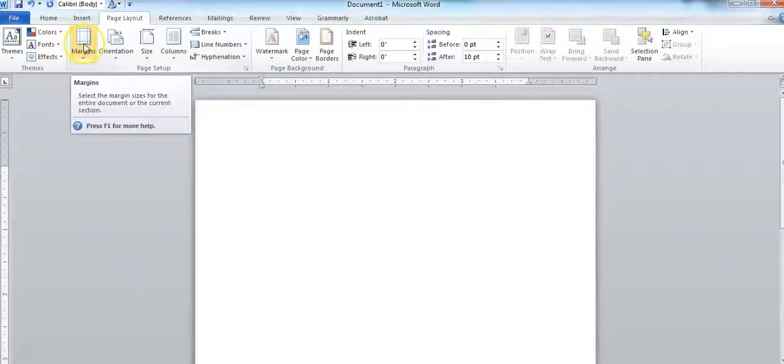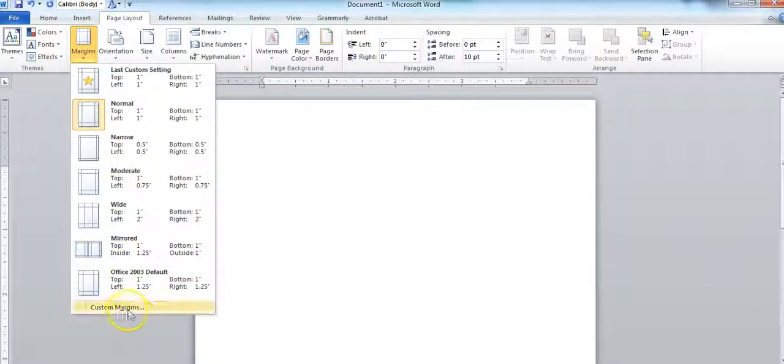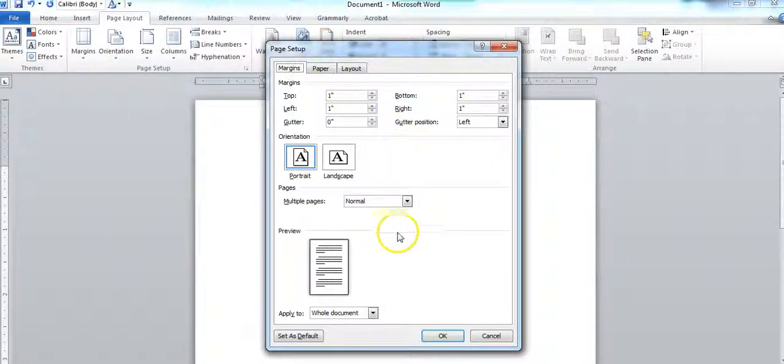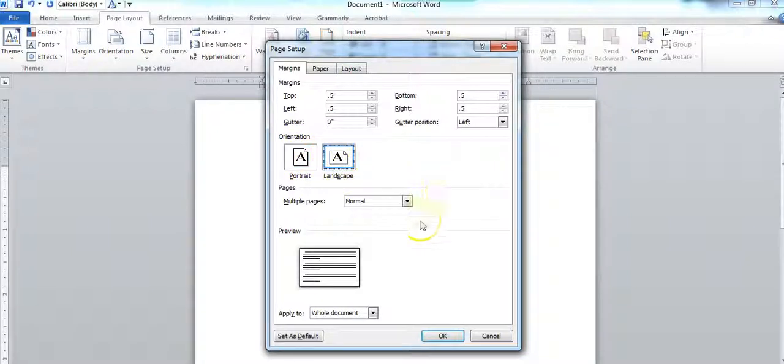So now we need to change the margins. And yes, come down here to custom margins. When we were in paper, we could have clicked the margins, but I wanted you to see the changeover. So the default margin is 1. We're going to cut that in half because we've got a smaller book. So a 1/2 inch margin along your top, bottom, left, and right are going to be more than adequate. You can see that here on your preview on a 6 by 9. Now if we were going to do landscape, you can see it turns the page this way, so it would be 6 inches high and 9 inches wide,